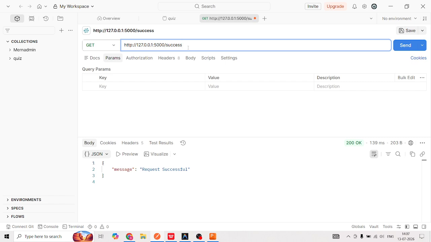So for that, Flask provides a server. It automatically starts the server. It receives the HTTP request. So this is an HTTP request, for example, http://127.0.0.1:5000/success. So success is one of the endpoints which I have declared, and I have also declared the